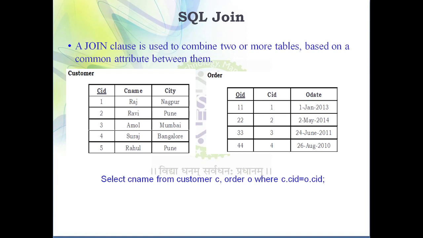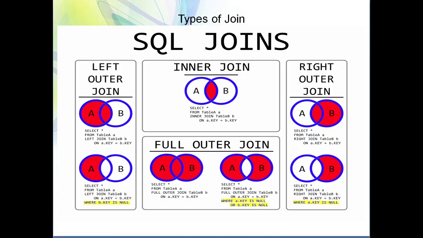So in case of SQL, this is a very important topic, because most of the time in the interview they will ask what is join, when to use join, what are the different types of join. So you should know. There are two main types of join in SQL. One is inner join and the second one is outer join. There are various subtypes present under inner join, and a number of subtypes present under outer join also. One by one we'll discuss this. So this is a diagram which gives an overview of types of join.